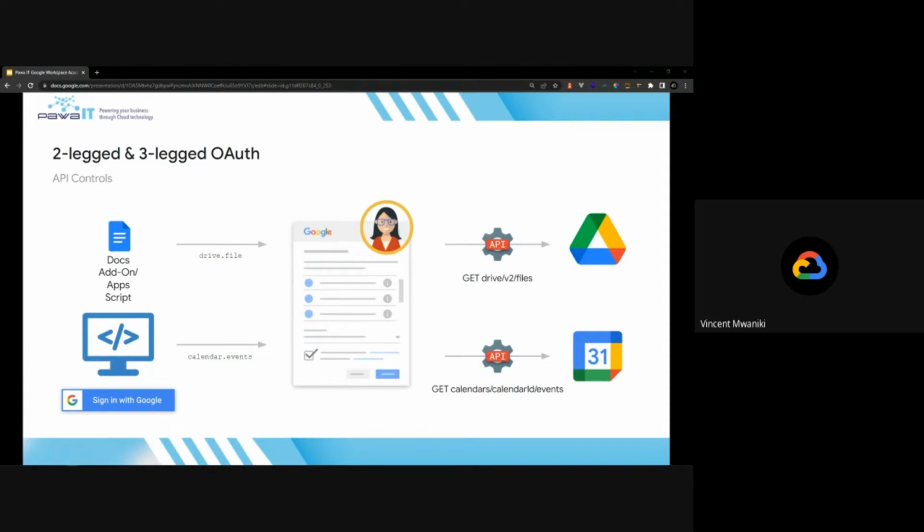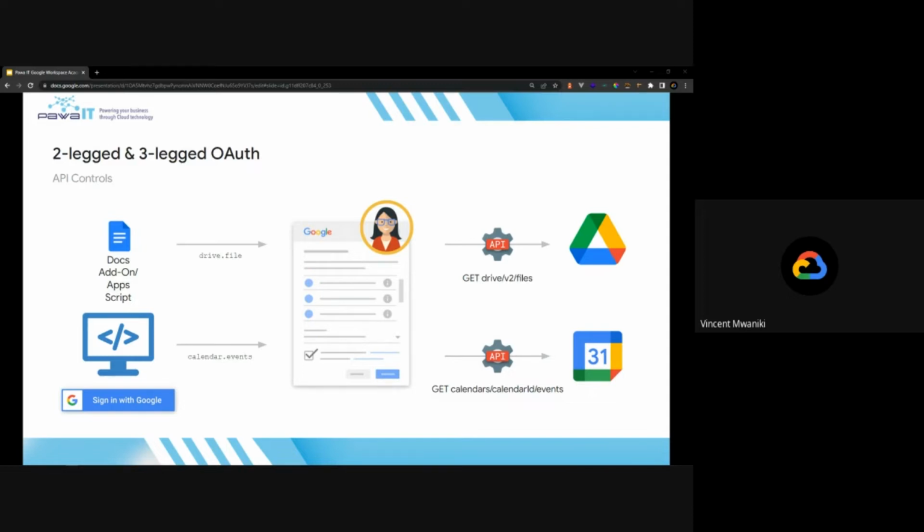OAuth 2.0 focuses on client developer simplicity while providing specific authorization flows for different types of applications. So different types of applications will utilize different OAuth flows. What you saw with the sign in with Google, and the various permissions it was asking for, and then we proceeded to allow,